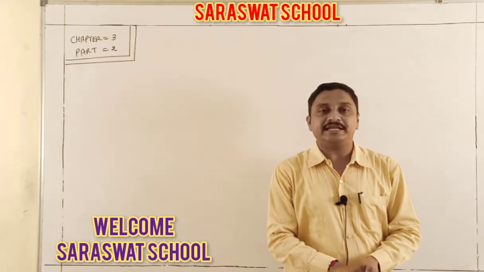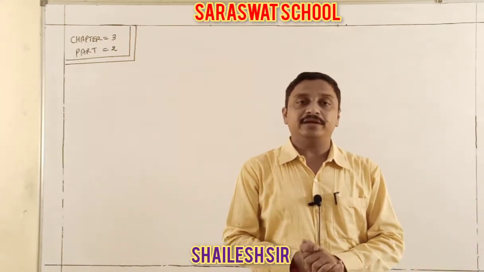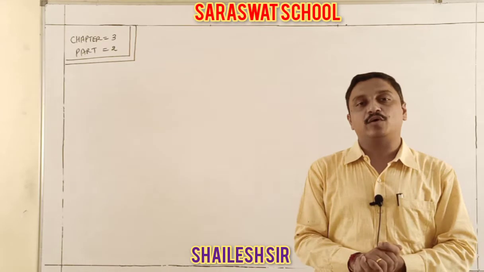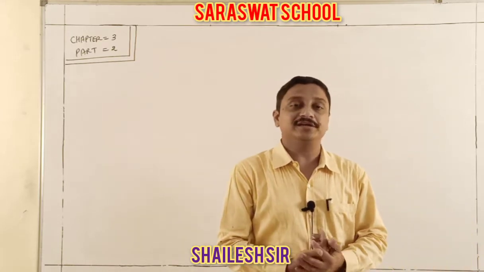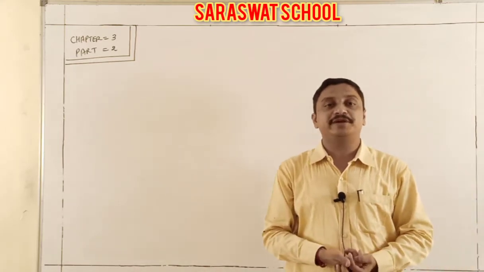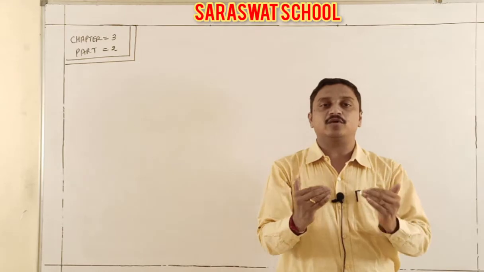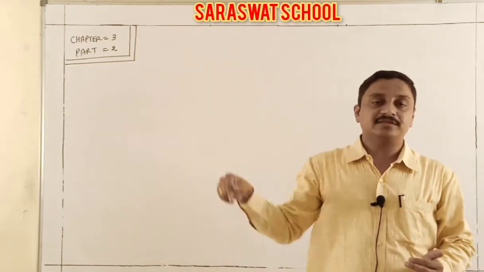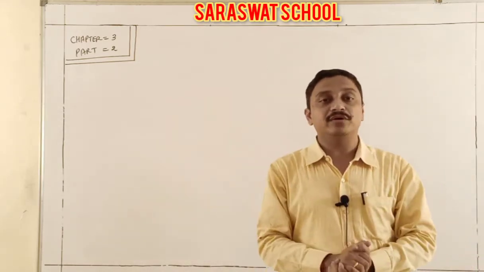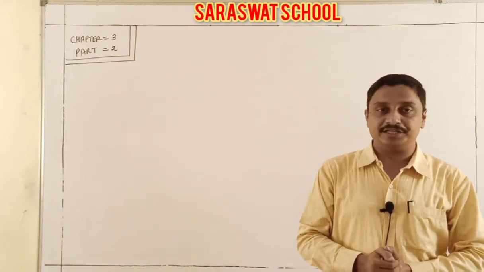Students, in part 1 I explained degree to radian measure and radian to degree measure, just touching that 1 degree is equal to pi by 180 radian. And one table also explained sin theta, cos theta, tan theta, cot theta, sec and cosec, the quadrant-wise values, positive and negative. It is simple and fundamental for all, as in ASTC, from school to college.